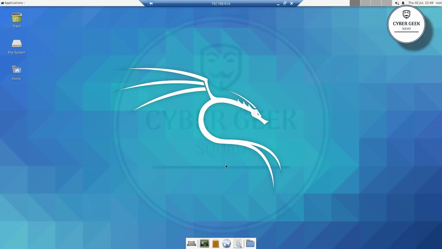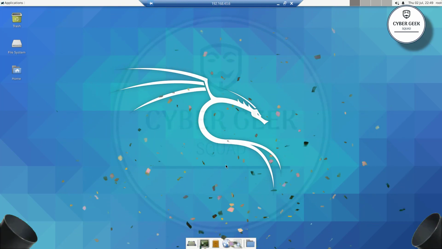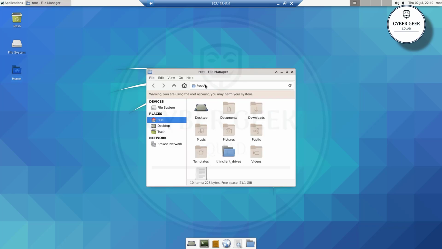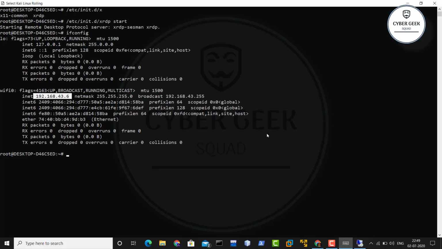So now you can see we have successfully installed Kali Linux in our Windows system without any VMware or virtual machine or dual boot, and with a GUI mode, which is graphical user interface. Now you can easily create your folders over here and you do not have to open any command prompt stuff and all. You can simply open over here. So yeah, there you can see it is getting opened over here. It's exactly the same as your Kali Linux. So this is how you can do the installation of Kali Linux on Windows, and you can run it as